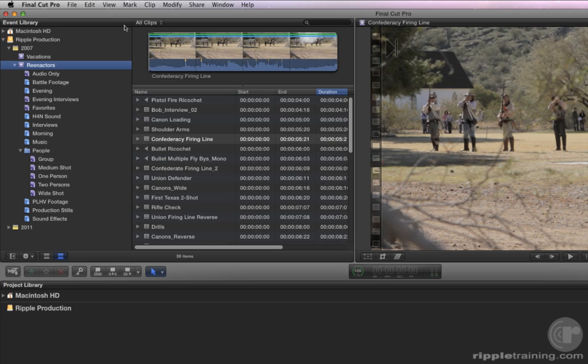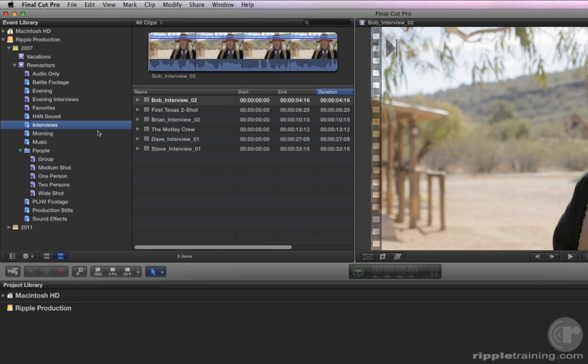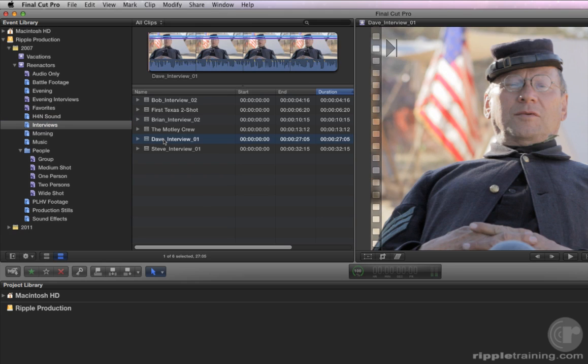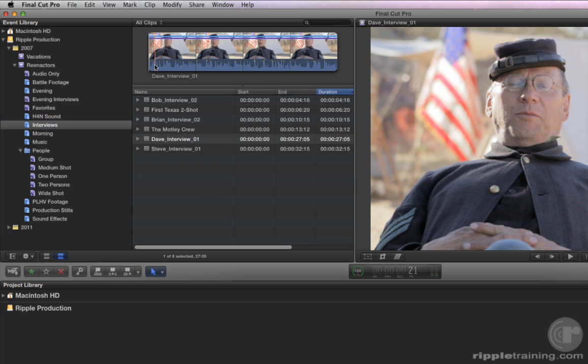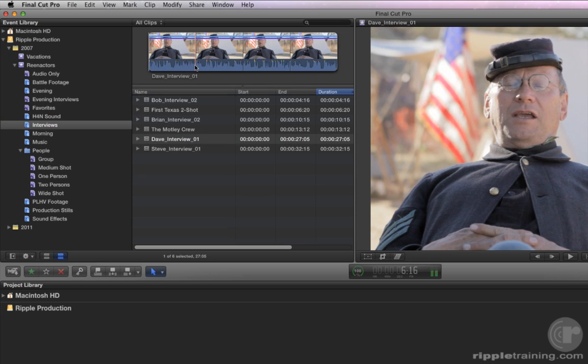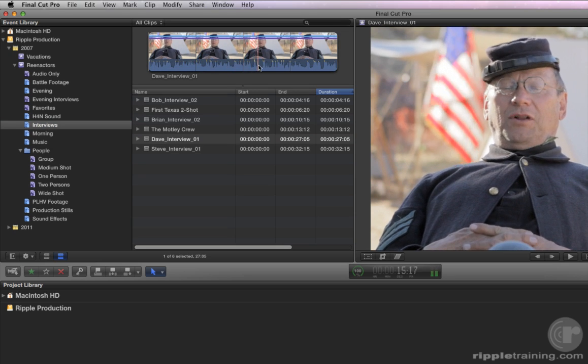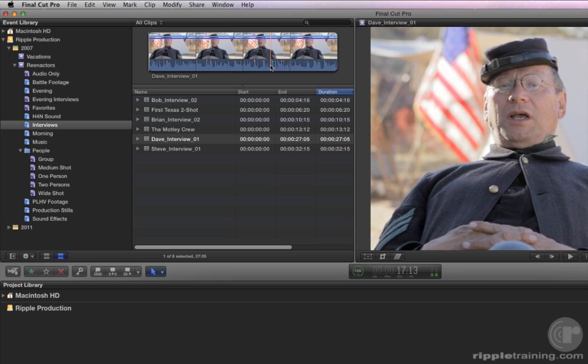A feature that is unique to Final Cut Pro is the ability to assign keywords to a range of material in a clip. Select the Interviews keyword collection and locate the Dave Interview 01 clip. Place your mouse pointer inside the film strip, then skim to the right until the time value in the dashboard reads roughly 17.5 seconds. Press I to create a selection range endpoint at this frame. Leave the range out point at the end of the clip and press the / key on your keyboard to